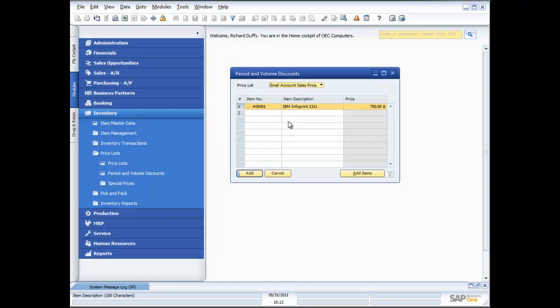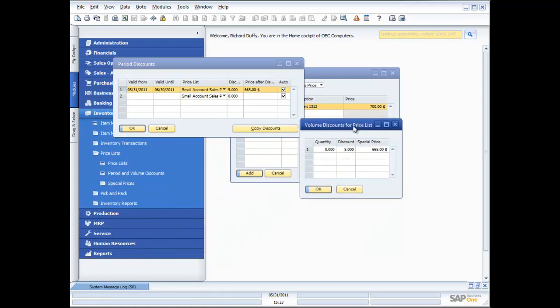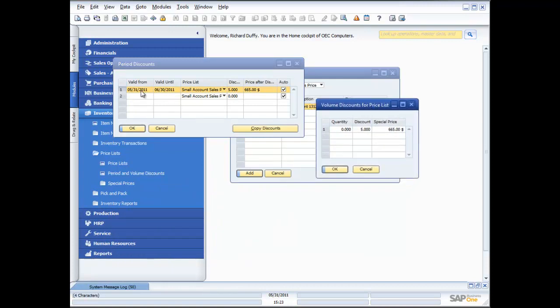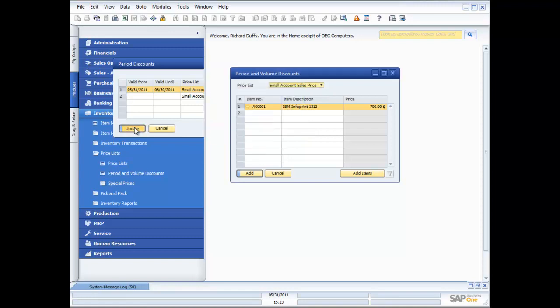So it makes it very, very easy for you to set up all of those different discount structures according to the parameters that you define, like the period of time, for example, you can even set the quantity. So simply by double clicking on that period of time, I can also add an additional discount. For example, let's say I don't want to give a percentage discount during the period of time, so I can update that,